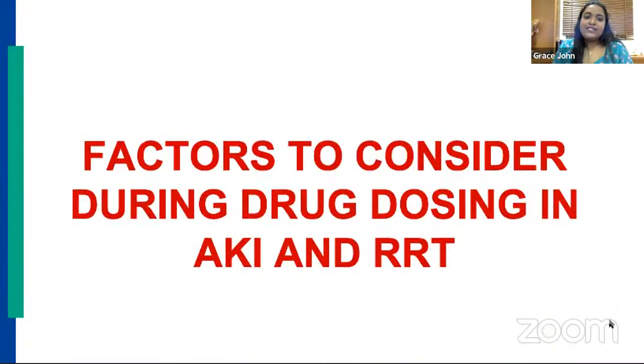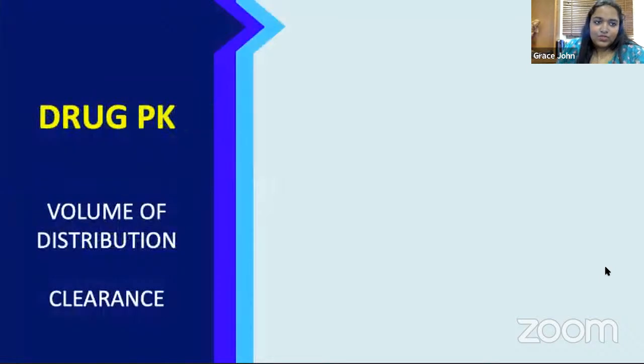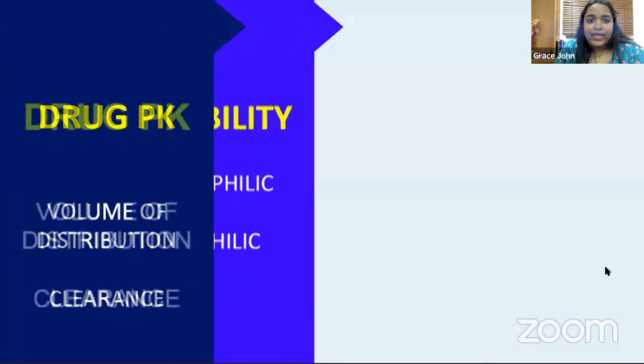Now, there are so many factors that you need to consider while dosing your drugs in acute kidney injury. So one, like I said, is the pharmacokinetics. Okay. So what is the drug that you have at hand? What is the volume of distribution of the drug, and what is the clearance of that drug? Because that really will tell you how much you have to dose your drug, whether the loading dose has to be given, how to calculate your maintenance dose, and these are the drug-related pharmacokinetics. Then you have